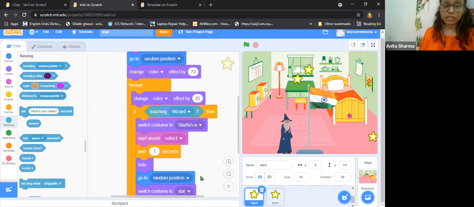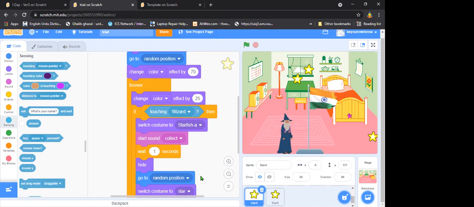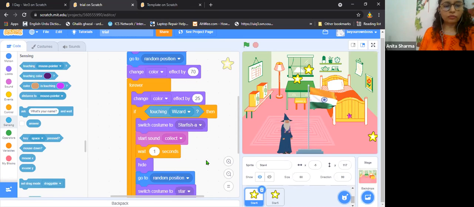It can be 50, it can be 70. You can use any value. It is up to you. Try any value and see what color you are getting. If you are not satisfied, you can change the value again. It is up to your imagination. So you can play around with the values and see whichever you want.